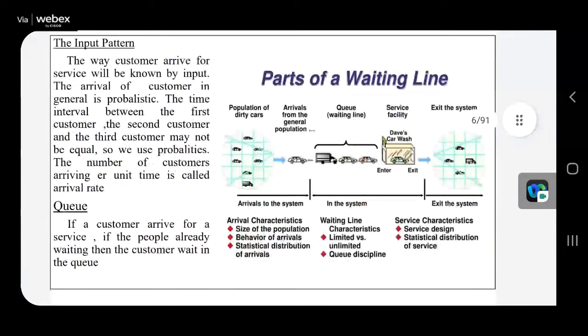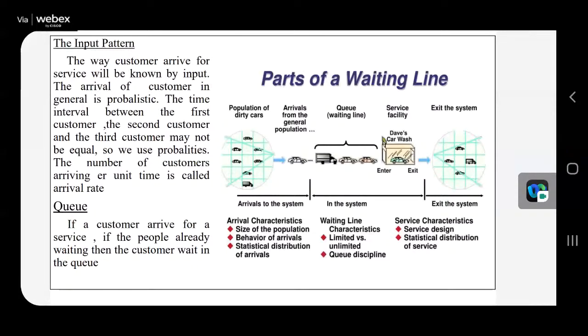So next, here you can see the figure. It's simply like, for example, you take a population which has a large number of cars, and as a result of some rain or some dirt, the cars have become dirty. Now, in a particular place for arriving and getting service, the server is nothing but a car wash. So the car has got dirt on it, and now that car has to be cleaned. So this is the service intention and the server.